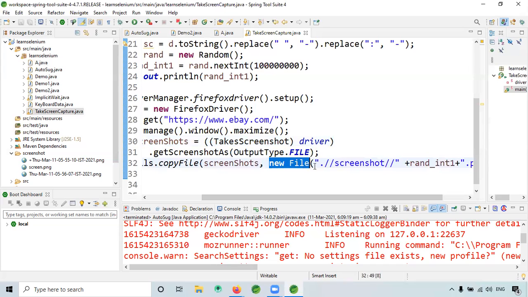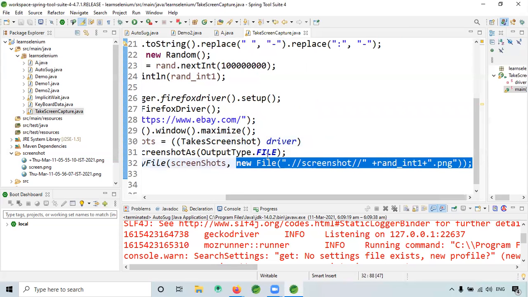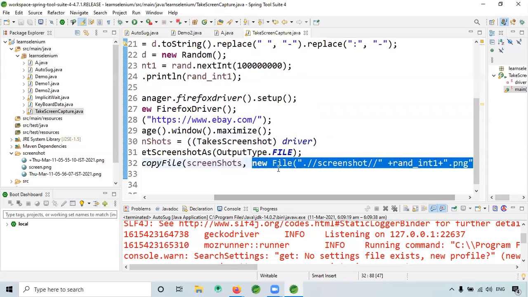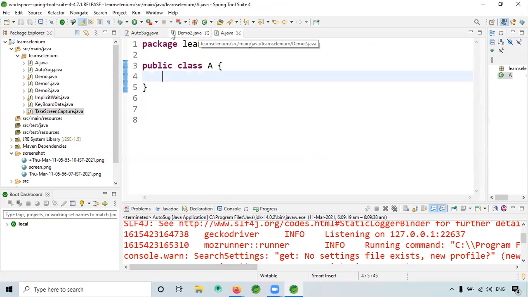We created a new object of that kind. In Java, we use some methods to create, read, and write files. In Selenium, I will teach you in one of the classes how to read data from Excel and so on.